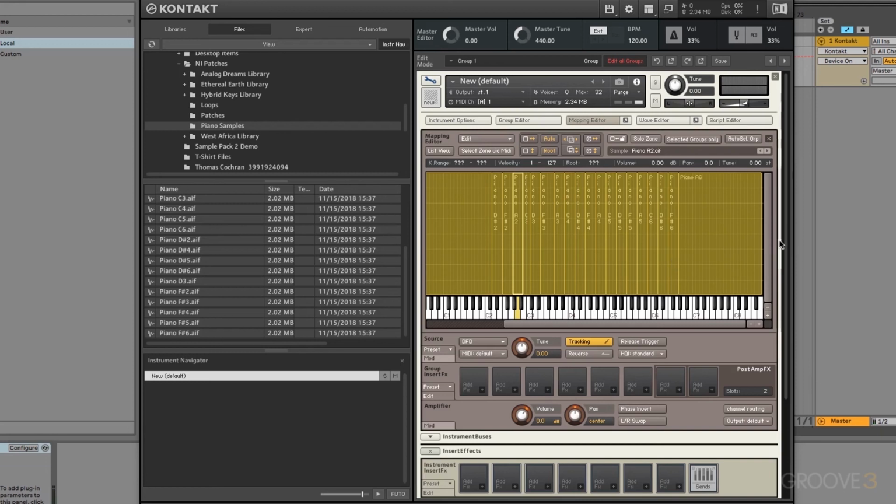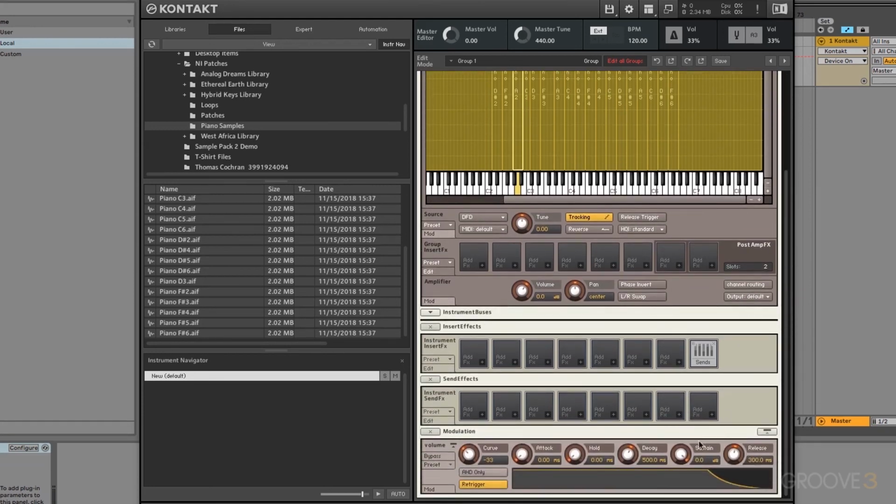So the first change that we want to make now that we have everything mapped across Kontakt's sampler engine is scroll down to the modulation envelope. This is just the amplifier envelope. And we're going to press that release up slightly to a little under, or a little over, 7,000 milliseconds. So now whenever I press a note and release, it has a little bit more of a fade out rather than just cutting off instantly, which would be this,